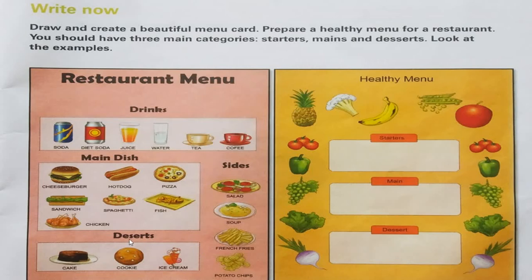And one thing students, the spelling here is wrong, one S is missing here. For starters you can give here, for main dishes what all are found there, what do you want to include there, you can give. For dessert, that means at the end, after the lunch or dinner, whatever the sweet dish, you can put here. But after that you need to write also.